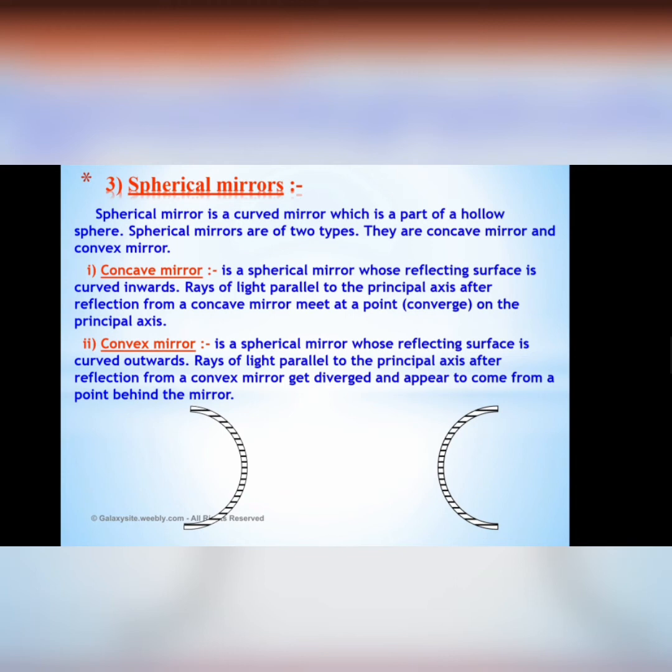So the reflecting surface is the bulging out surface. Okay, so let's see how these mirrors behave when a beam of light is incident on them. When beam of light means when several parallel rays are incident on them, how would these mirrors behave? So this is incident beam, all parallel to each other. Which mirror is this? Tell me. Concave or convex?